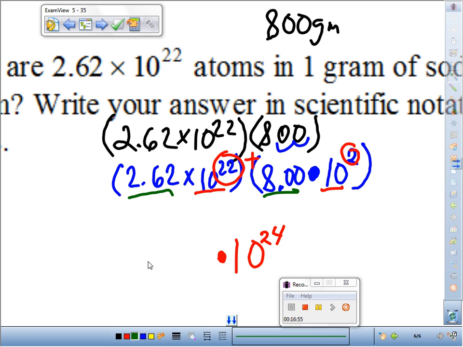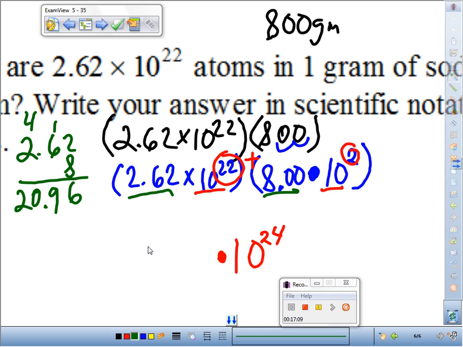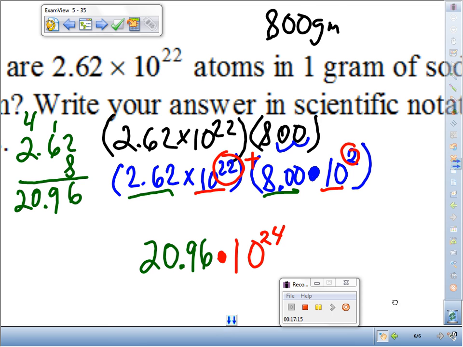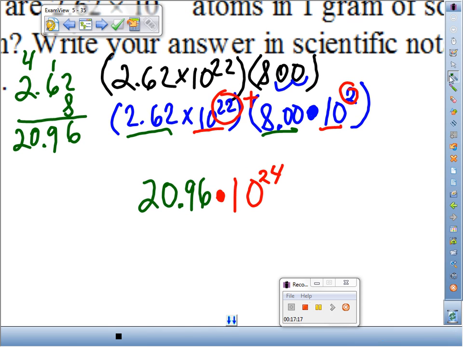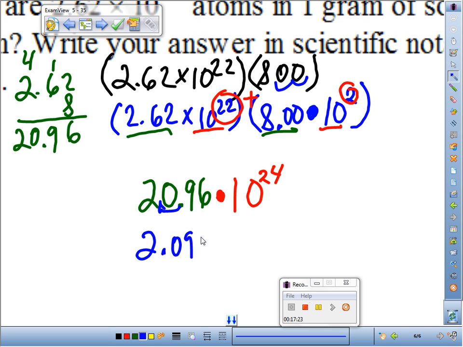And that goes here. So this is 2.62 times 8, 16. That's 48 plus 1, that's 49. I got 4. 16 plus 4, that's 20. So this is 20.96. Hands up if you got up to right there so far. All right? But is that scientific notation? No. Therefore, I move the decimal once. This becomes 20.096 times